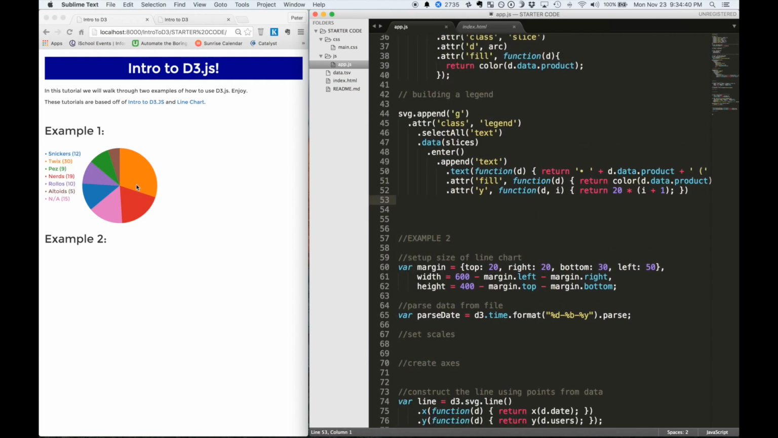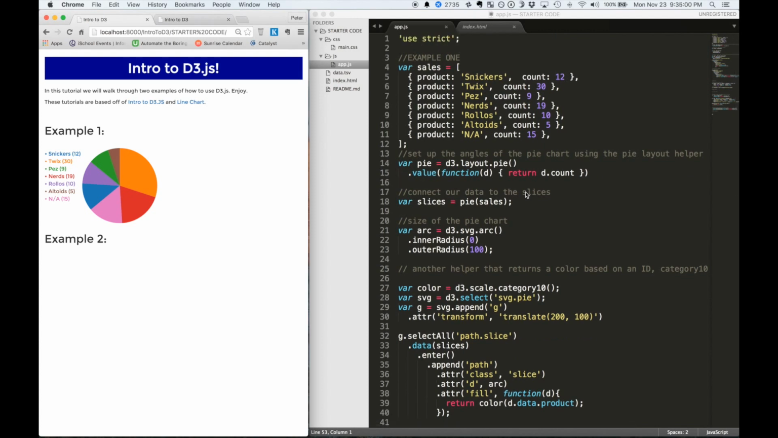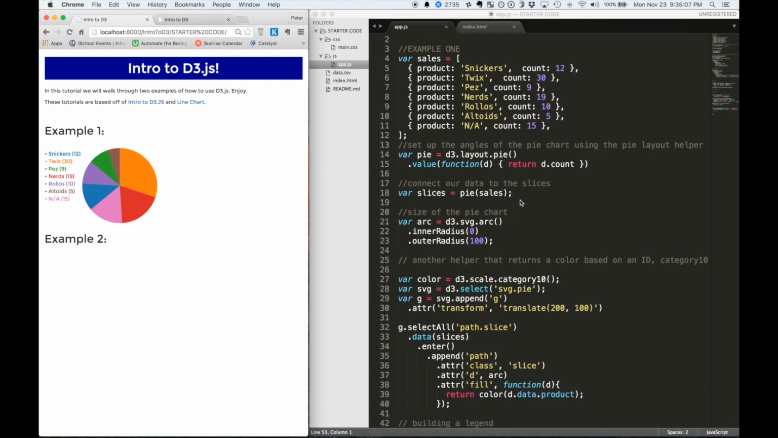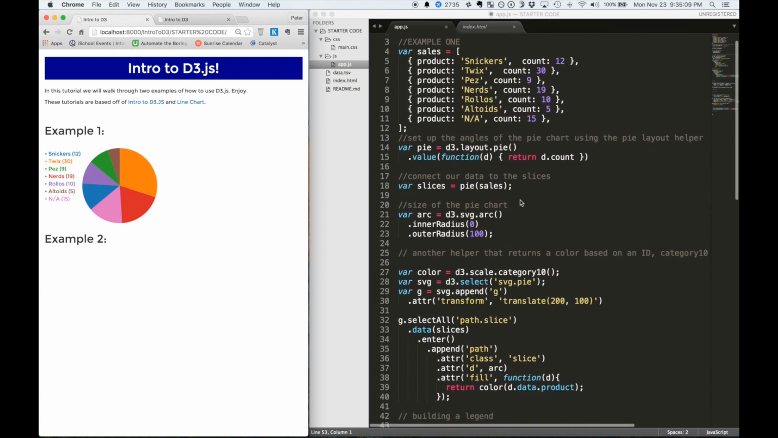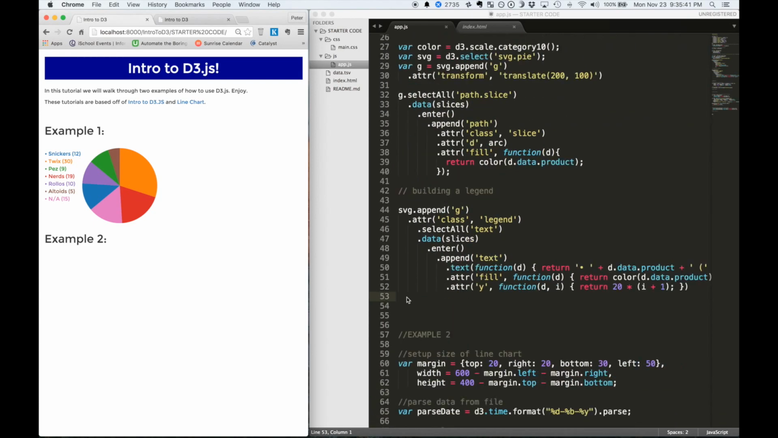And then when we refresh the page, we can see that it's updated here. We have our Snickers is 12, Twix is 30, Pez is 9, Nerds is 19, Rolo is 10, Altoids 5, and Not Any is 15. So we can see that that's properly been divided just by D3. And when you look at the code, it's really not that much code. And this can be reused for whatever data. You could have an external data file, you could have a much bigger data set, and you could always bring that into the pie chart, and using very similar code achieve the same goal. All right, so now